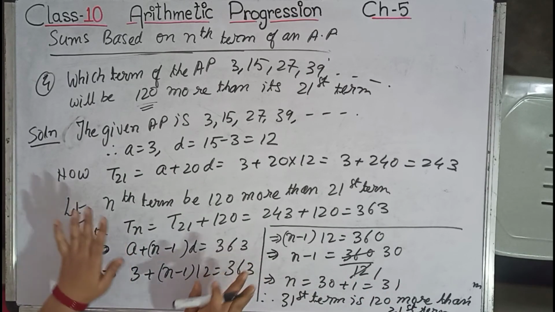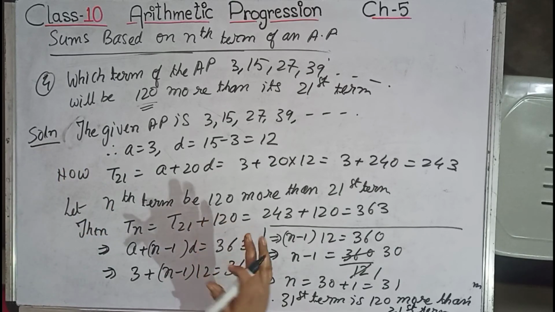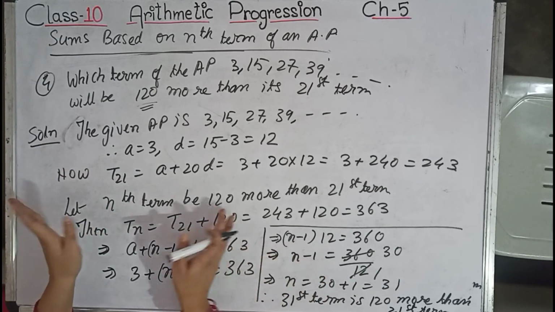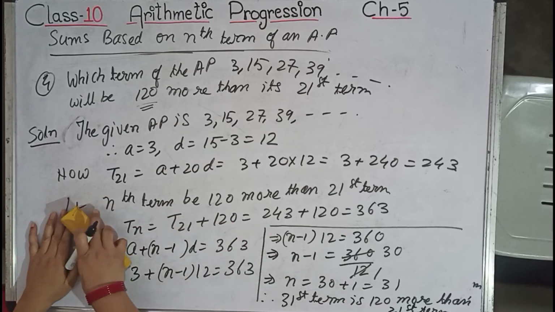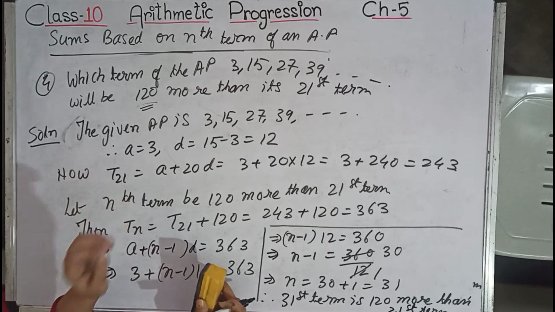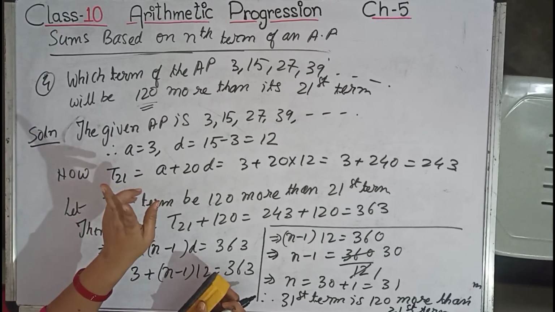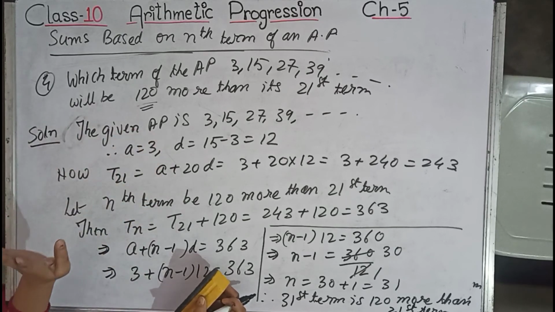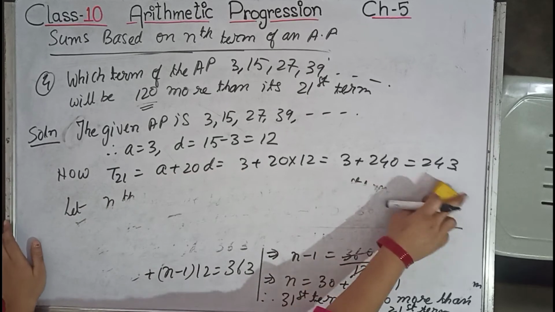I think now you understand. So in AP, sums based on AP, whether it is the nth term or the sum, you simply go with what is given. You will definitely get the answers. Very easy topic it is. The thing is that you only need to remember the formulas for the nth term and the sum of n terms. Only two formulas in AP. All sums are based on these two formulas only. So utilization should be understood by you.